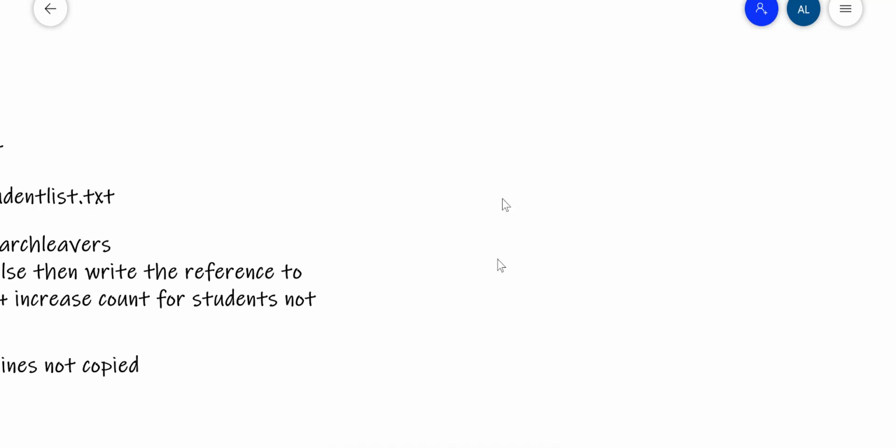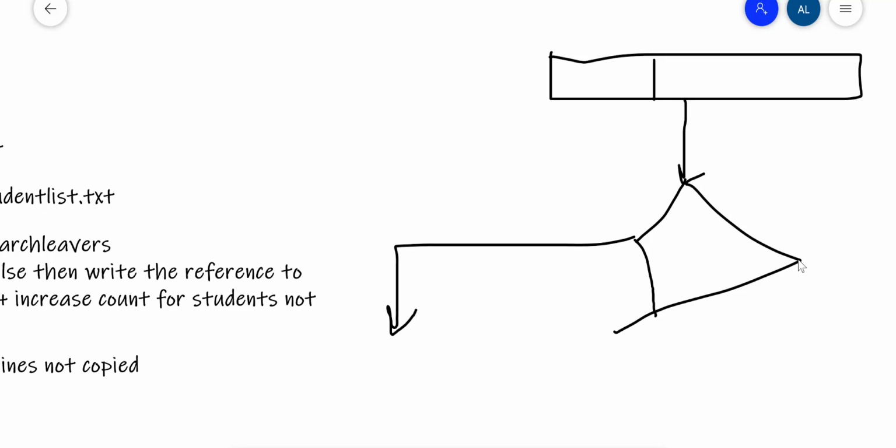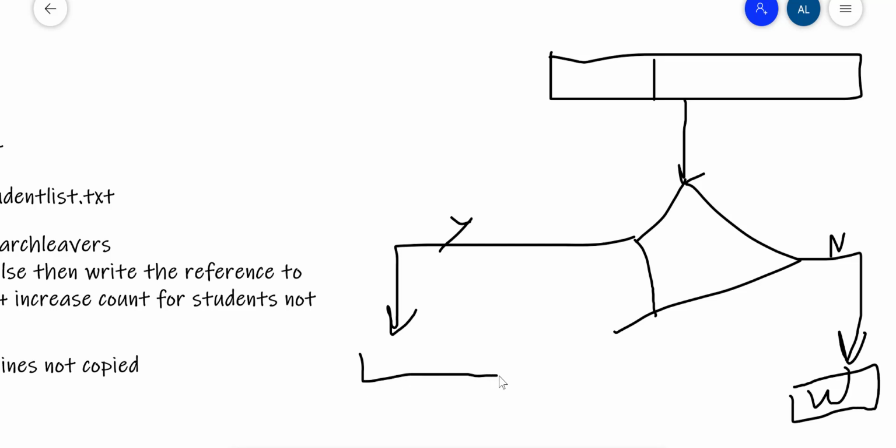So let's just run through this. We get a student ID from a text file. We then compare it to, does it exist already? So basically we're saying, is it in the list? The list is, if that student, let's say student 1, leaving, or have they left already? If yes, do something. If no, do something. If they're not in the list, we're going to write it to the file, W for write. If they are in the list, we're going to want the number of students not copied to go up by 1. So if we go back to the code,